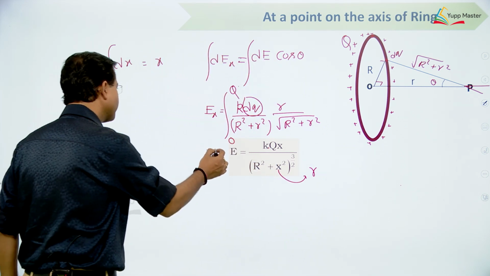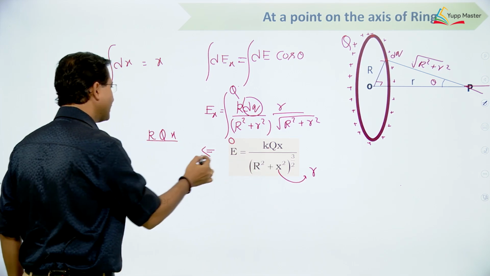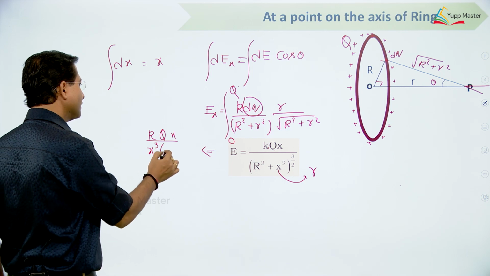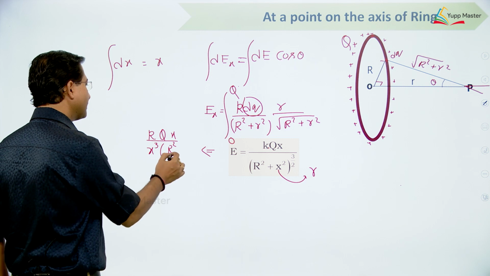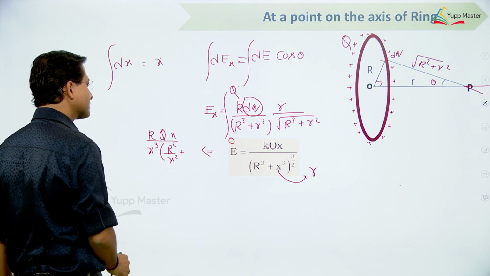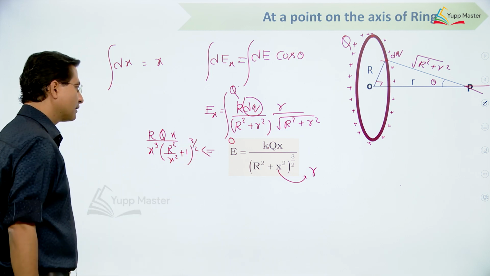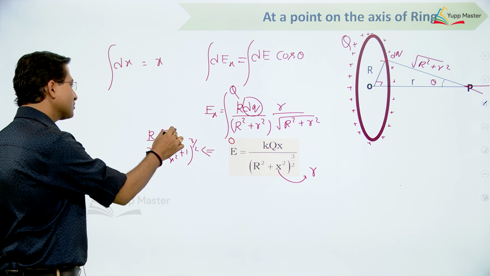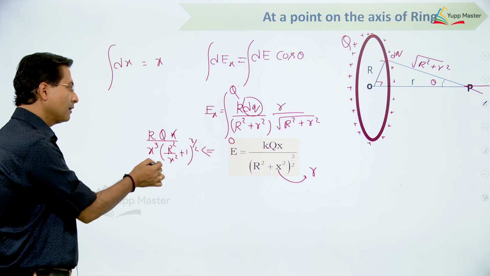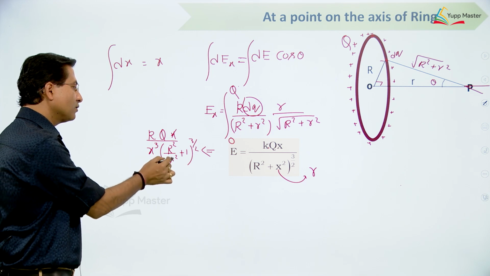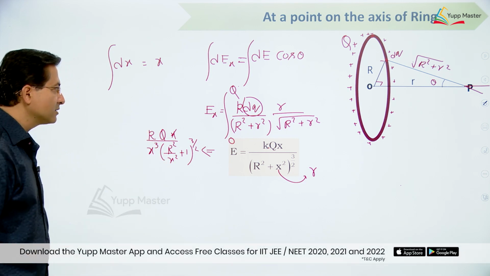So this can be written kq, this is x. If I take x square out, this will become x cube r square divided by x square plus 1 to the power 3 by 2, right. This and this will get cancelled out, here x square will be there, and if x is tending to infinity, this term will be 0, this whole term will be tending to again 0.